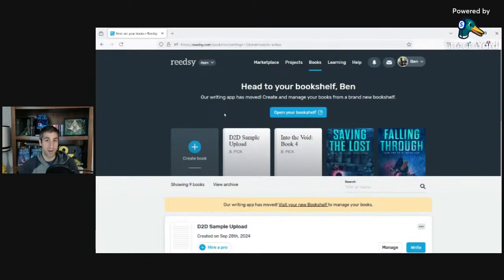I kind of did it wrong at first. So there is that option right there to create a new book on your bookshelf with that button. I found that it's easier to instead not do that, because if you create the book, it's harder to then import it. So if you have a manuscript that's ready to go, I found it's easier to just directly import it, which I'm about to show how to do, rather than create a book and then try to import the chapters into it.